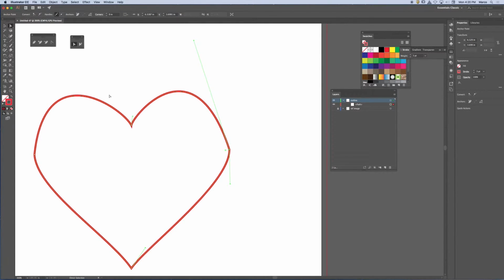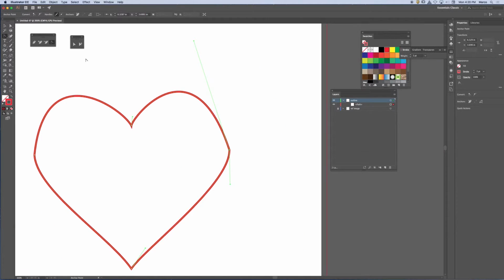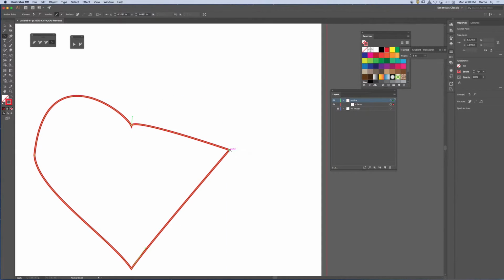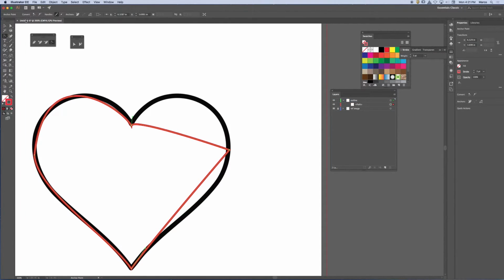What if I want to start over again? I don't like the way that I did that. I want to start all over again. Well, you'll notice that if I click on this tool, my anchor point tool, it's part of the pen tool, it's the last one. Click on this, and I click on an end, it erases it and starts it all over again. It resets it. Let me hit undo. Or if I click on the anchor, it resets both sides. So that allows me to start all over again. So if I wanted to start over again, then I would just go ahead and hit smooth on it and